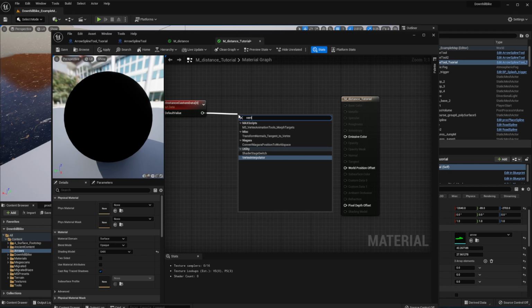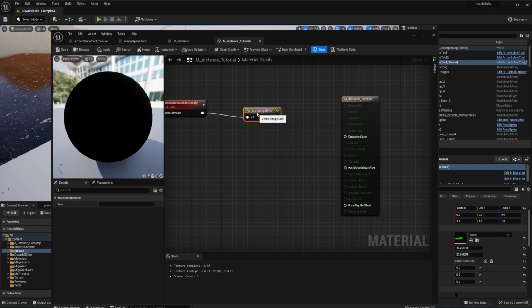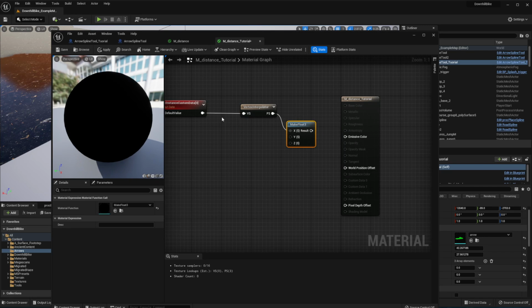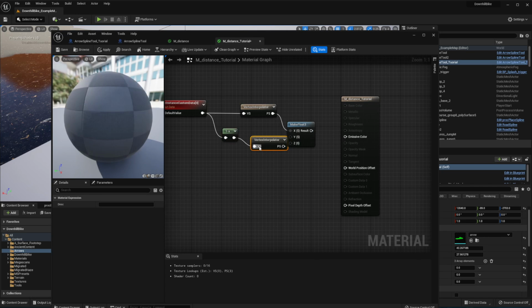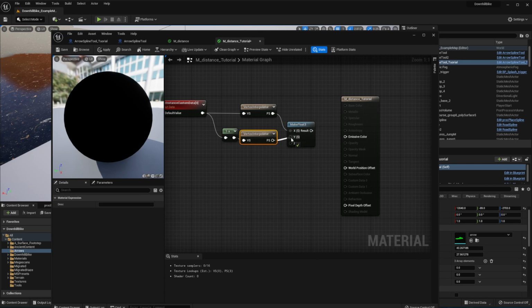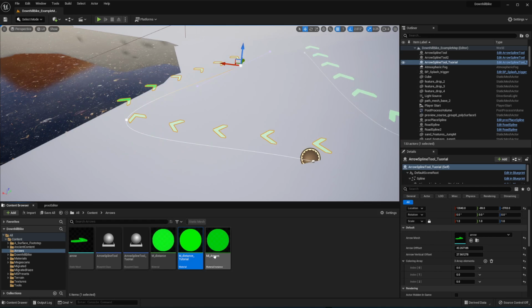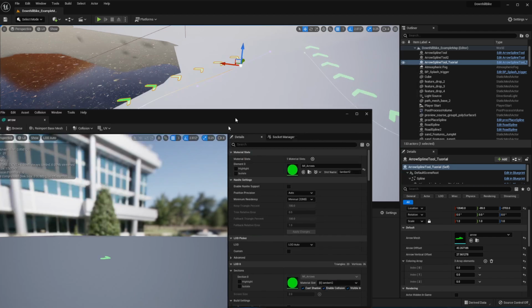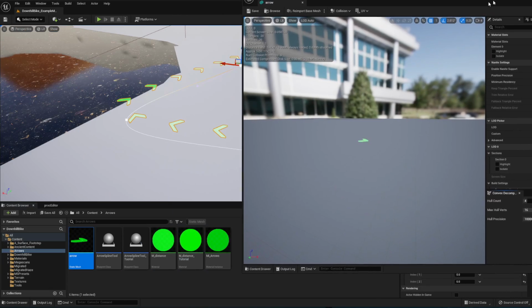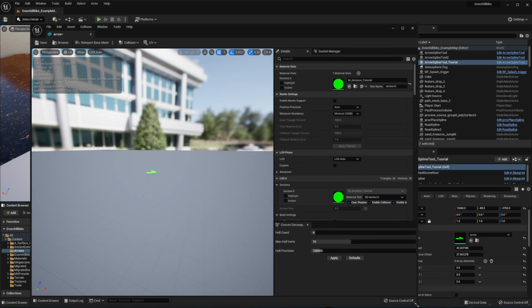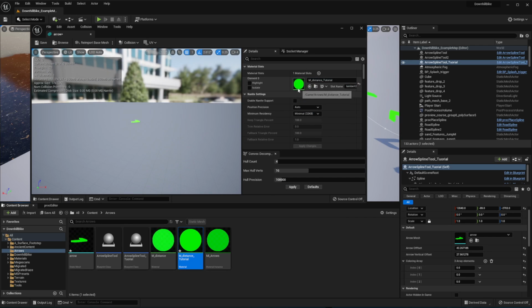We need a vertex interpolator for the red channel, and we need one minus and a vertex interpolator for our green channel. And now we use this new material for our arrow,